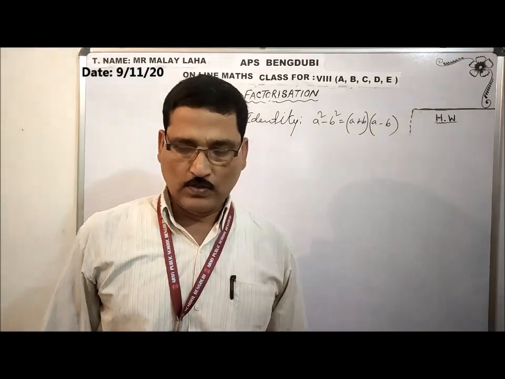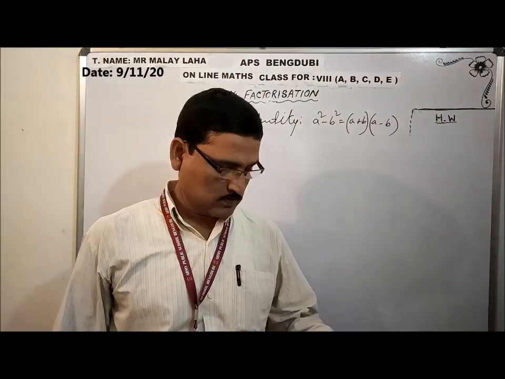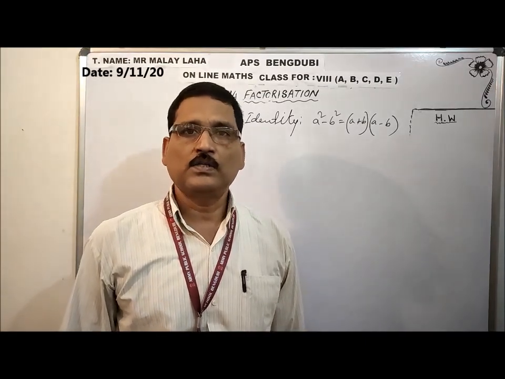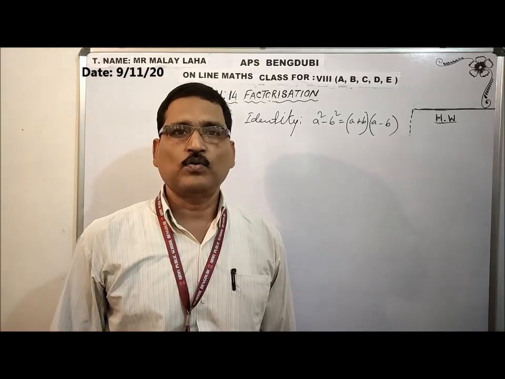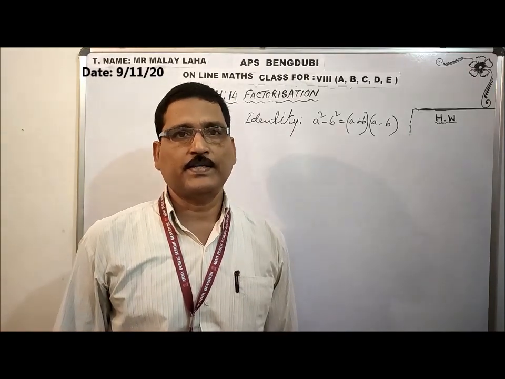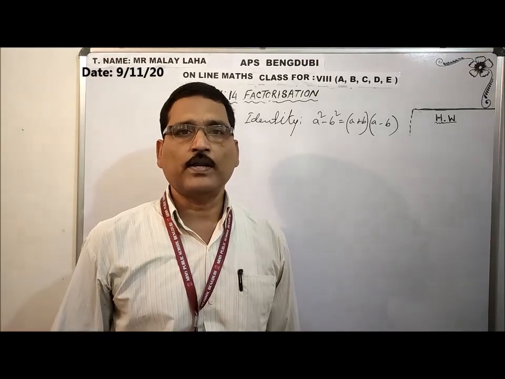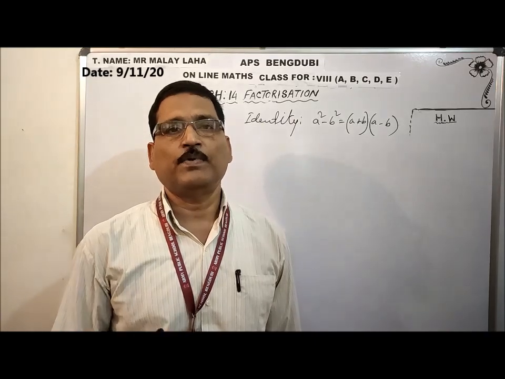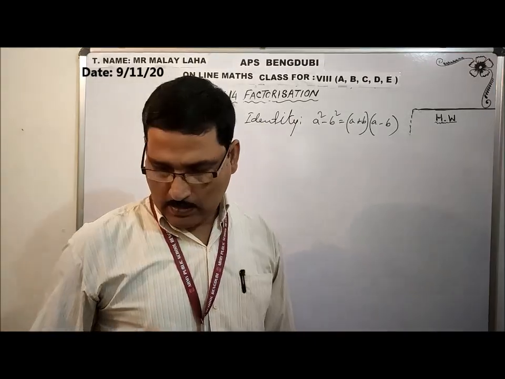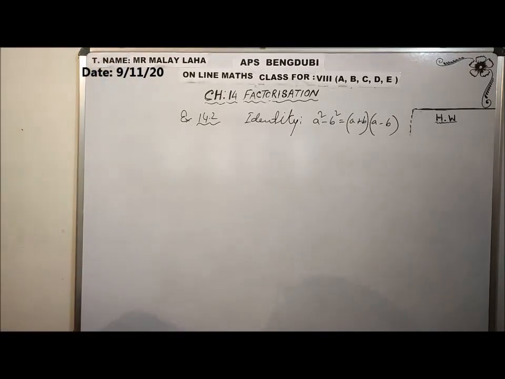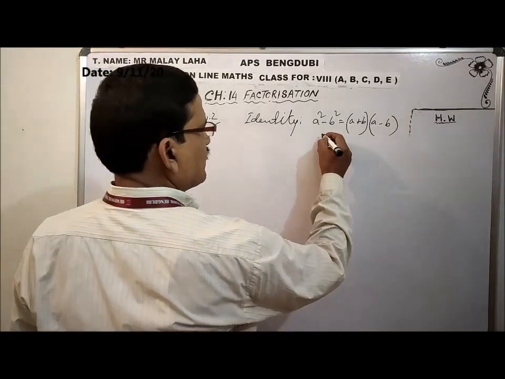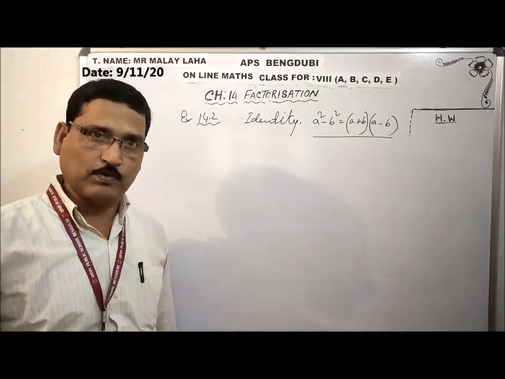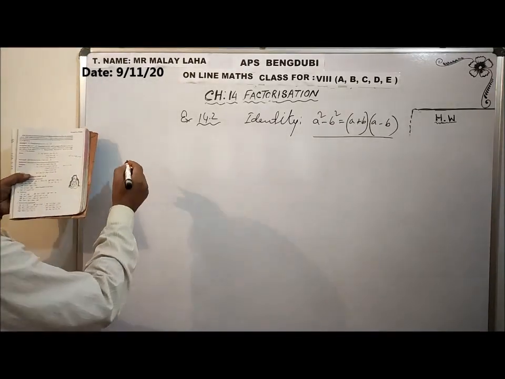Students, now we are going to solve question number 3. In somewhere we have to follow the common method, that is, by taking common we can factorize. Or in somewhere, after taking common, when the number gets reduced, I can see it is following a particular identity. Basically this identity we are going to follow, but sometimes a plus b whole square, a minus b whole square may come also. Now question number 3,